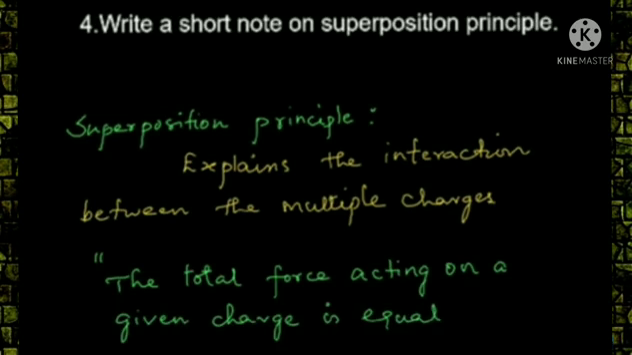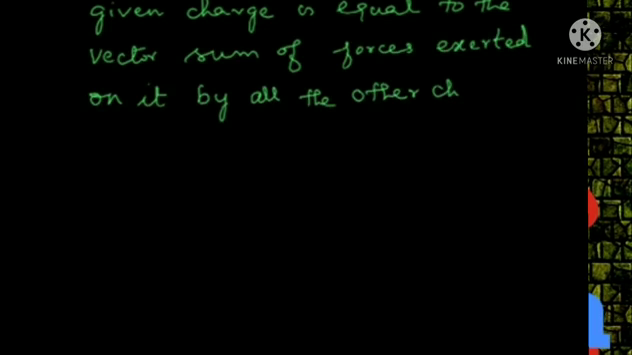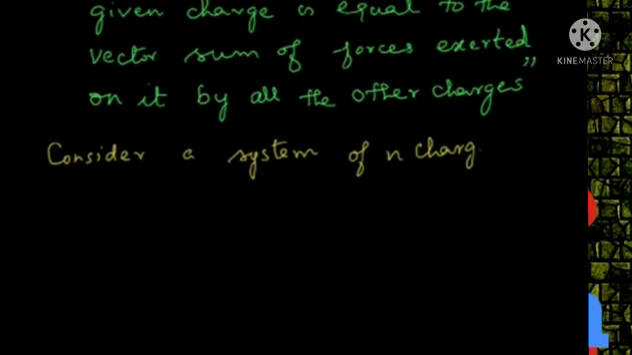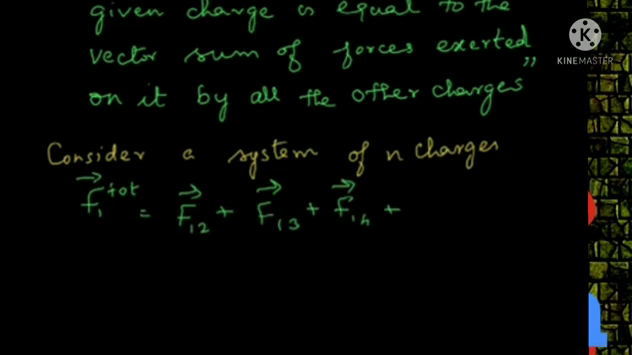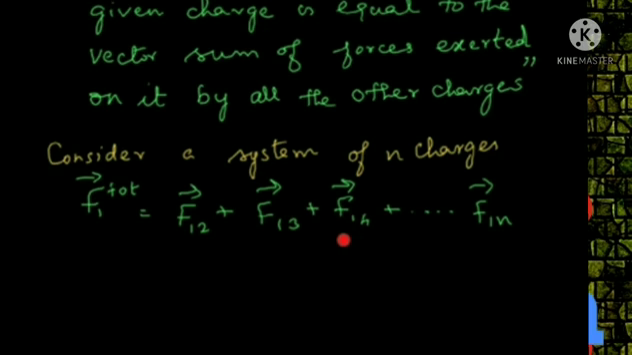So let us say the total force acting on a given charge will be equal to the vector sum of forces exerted on it by all the other charges. Now let us consider a system of n charges. So here the force acting on charge 1 will be equal to force F12 vector plus force F13 vector plus force F14 vector up to force F1n